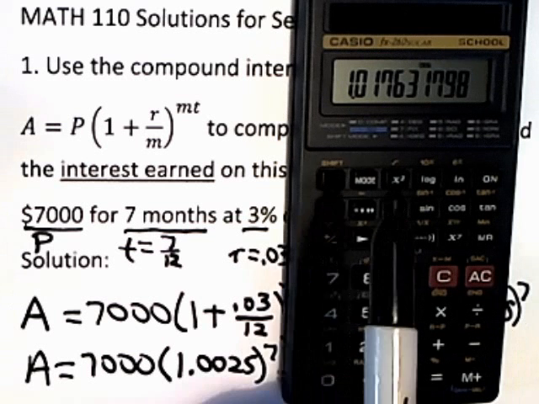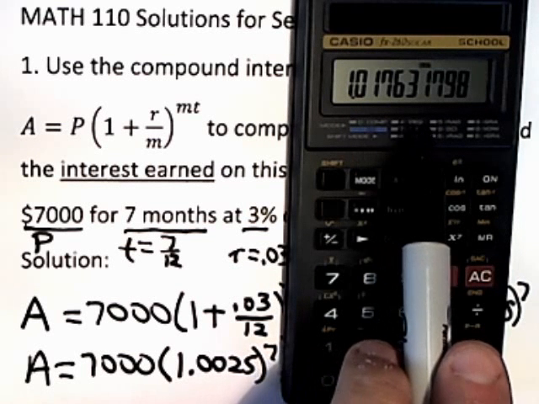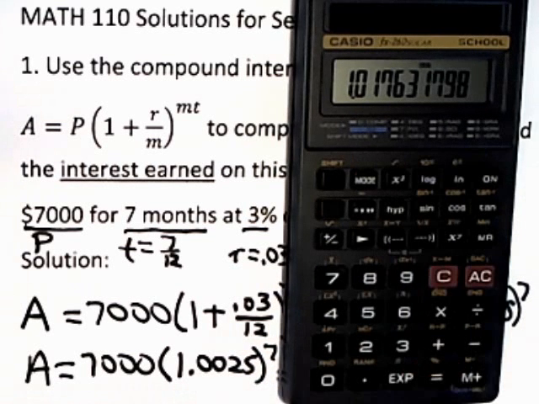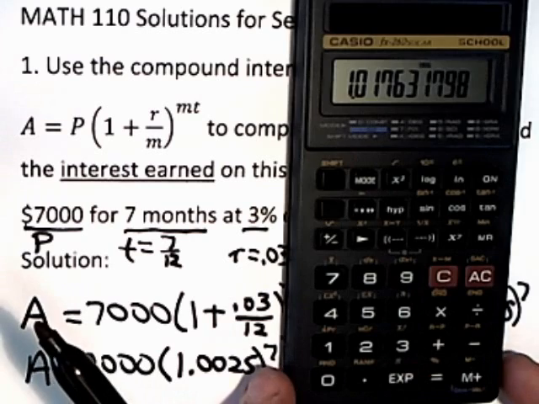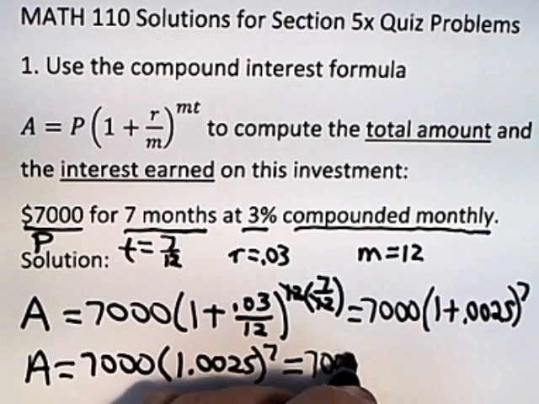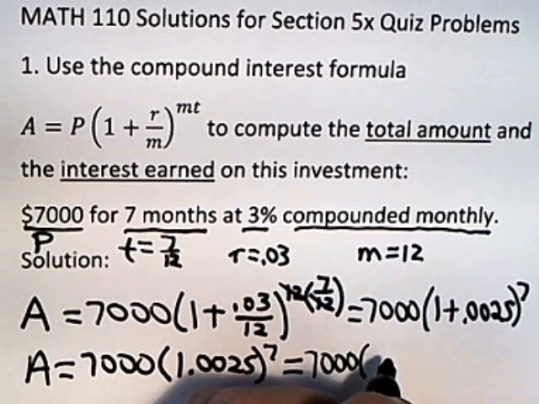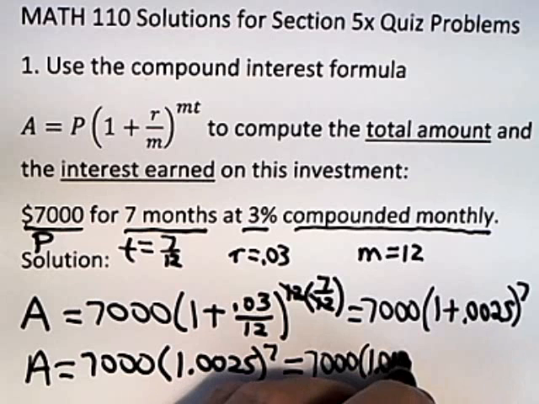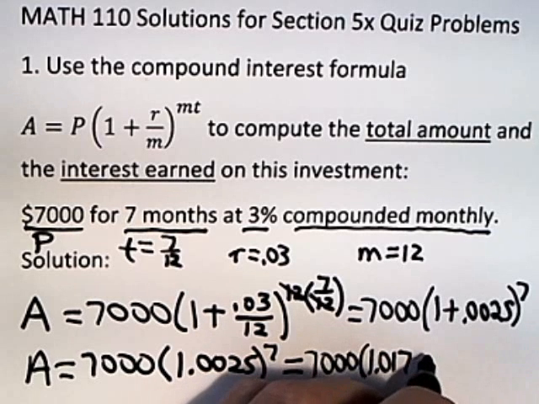So what I end up with is this 1.01763178. Now you can leave that number in the calculator, but if you are going to write it down for some strange reason and don't want to leave it in the calculator, you do want to take a lot of decimal places